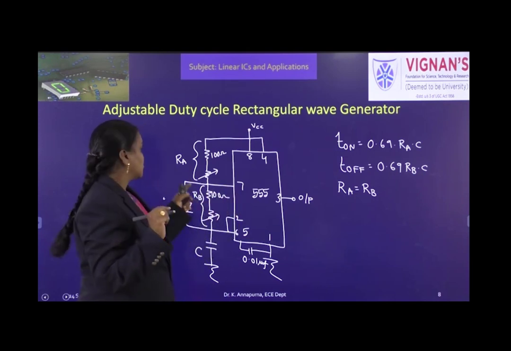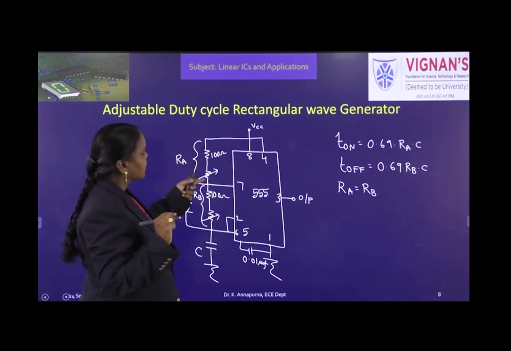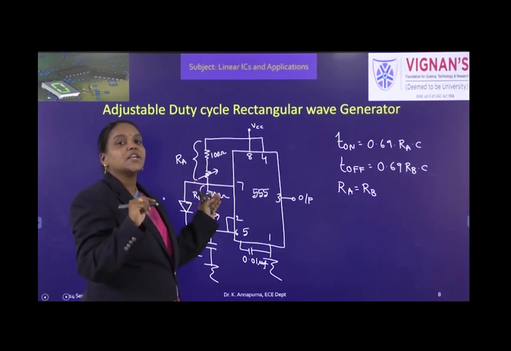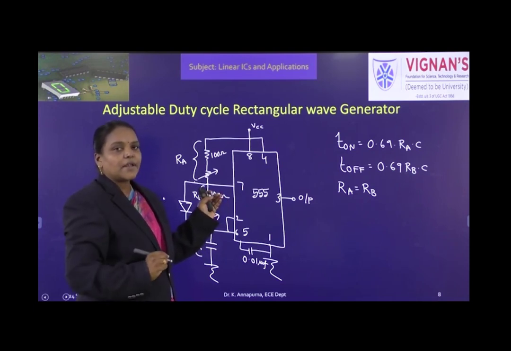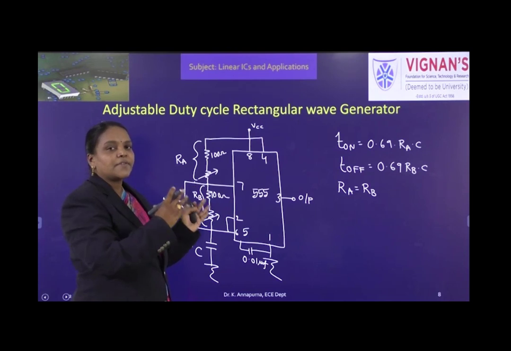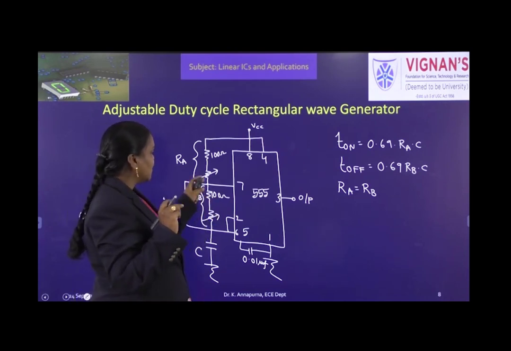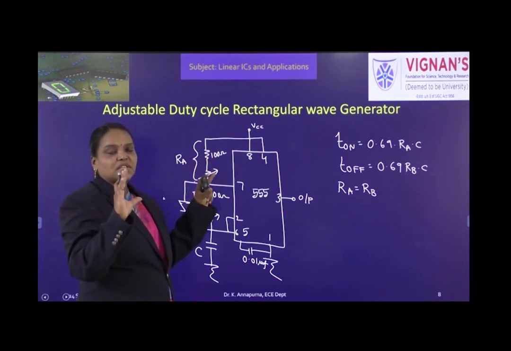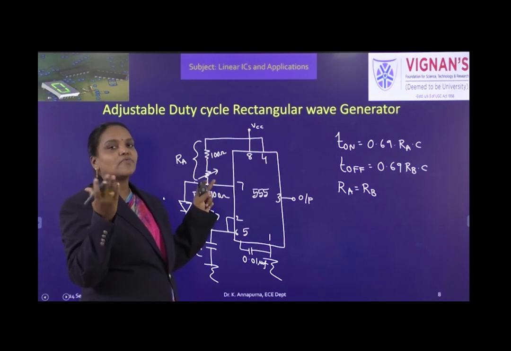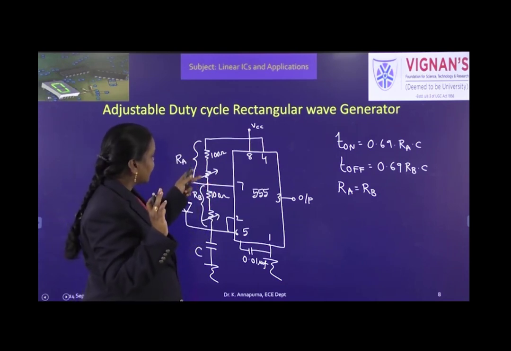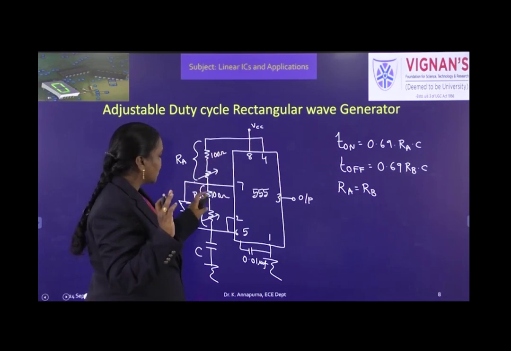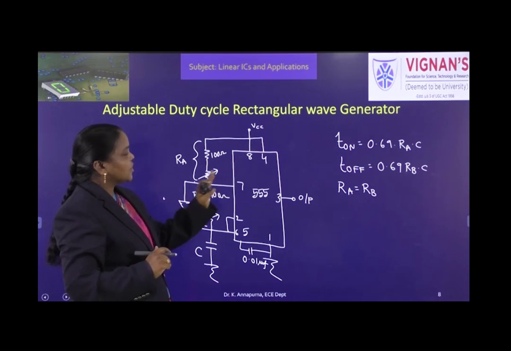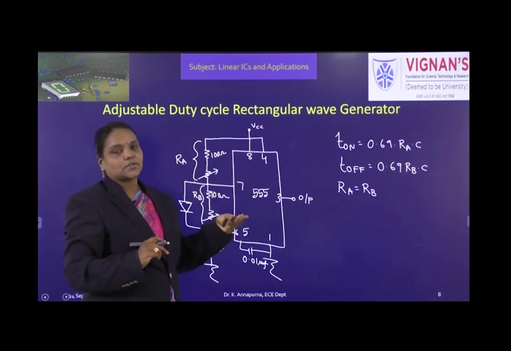But you may have a doubt here: then why are we connecting this variable resistor and the 100 ohms resistor like that? A variable resistor can vary from 0 to any value, right? Suppose it is a 100k pot, it can vary from 0 to 100 kilo ohms. But here, why I am connecting 100 ohms is to provide minimum resistance so that high currents will not flow. To limit the currents, I am connecting a 100 ohms resistor in series with each pot. In this manner we can generate a 50% duty cycle also.